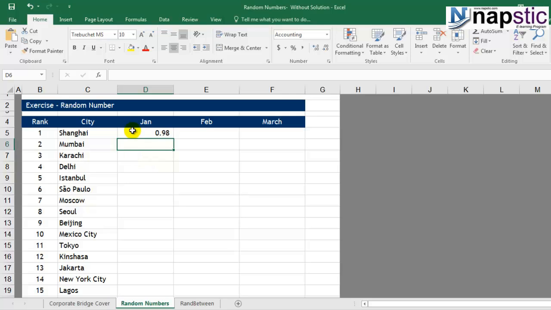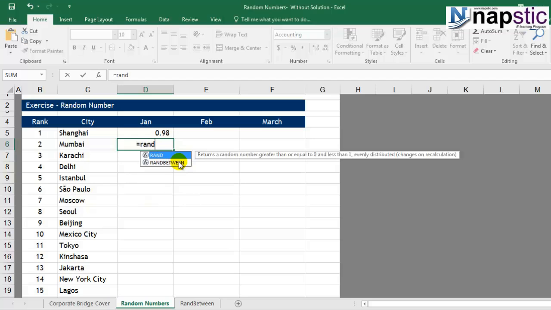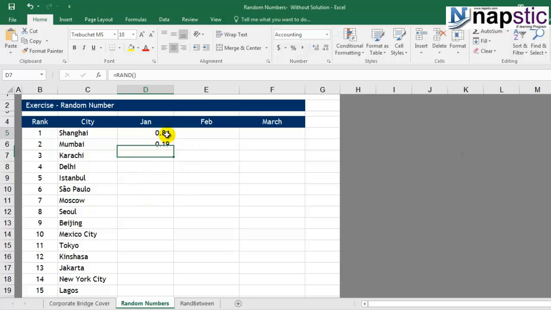If you must have observed, the first time I used random, it gave me 0.15, and now it has given me 0.98. So this number keeps on changing as you keep on recalculating it. For example, if I were to use this in this cell, you see that now the random number 0.98 has changed to 0.84, and we also have one more random number 0.19. Even if I edit this formula and press enter, again it has changed. Okay, so this keeps on recalculating the random number.